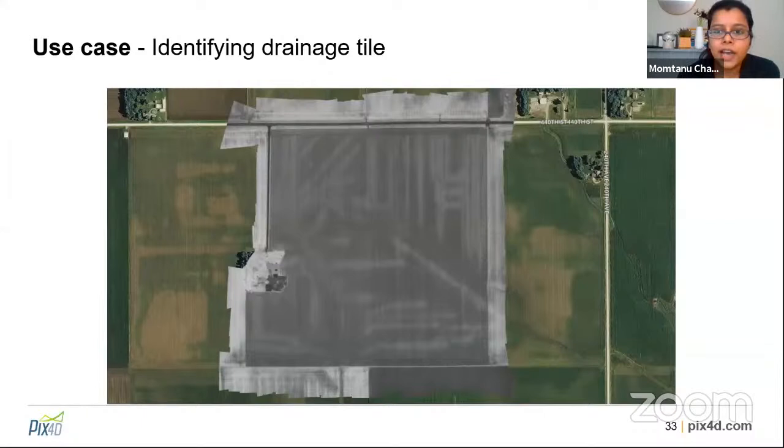A farmer had hired a company in Iowa, a precision agriculture company, to see where the existing drainage tiles are located. Drainage tiles are extremely important because they help control the moisture levels, and they are a significant investment for farmers. So knowing where existing pipes are can save growers a lot of money while ensuring optimal crop growth. The team there was able to identify the drainage tiles, and